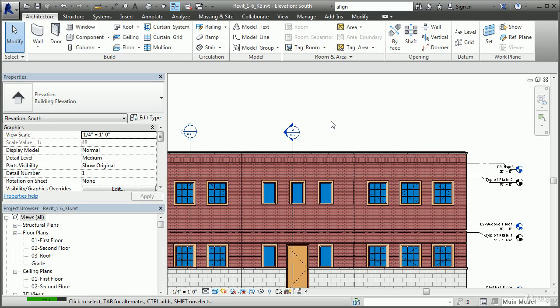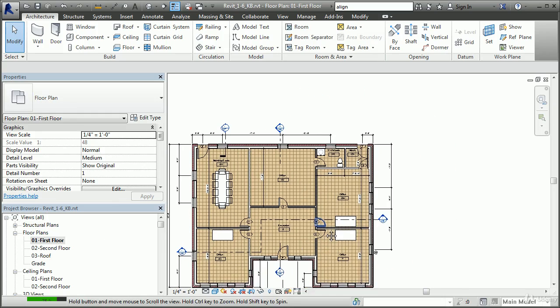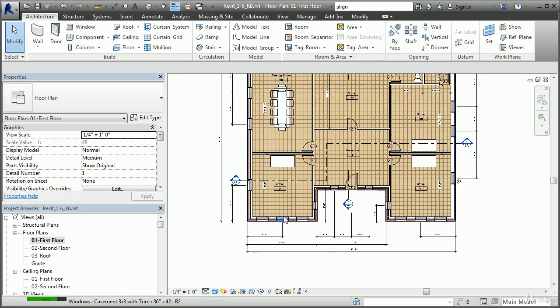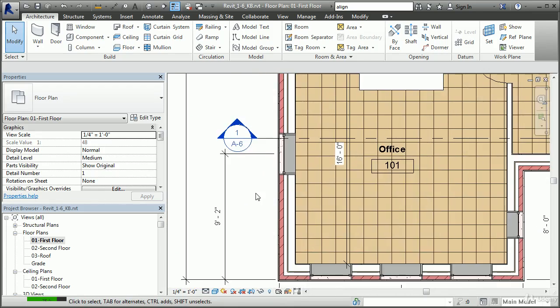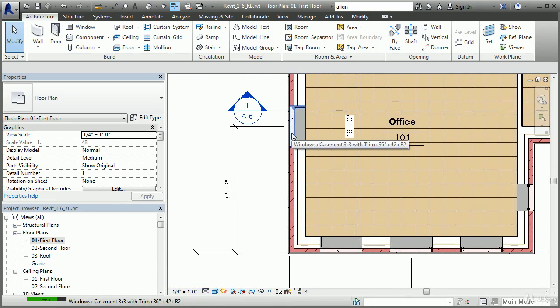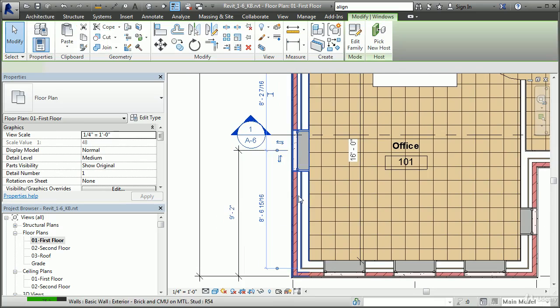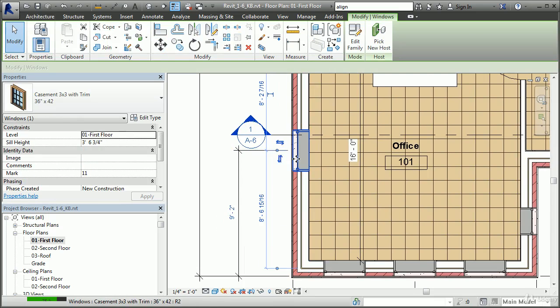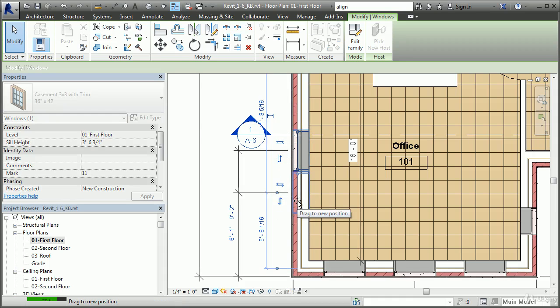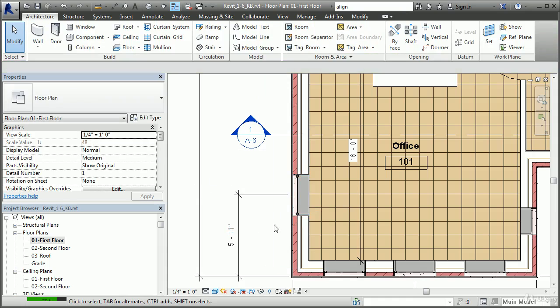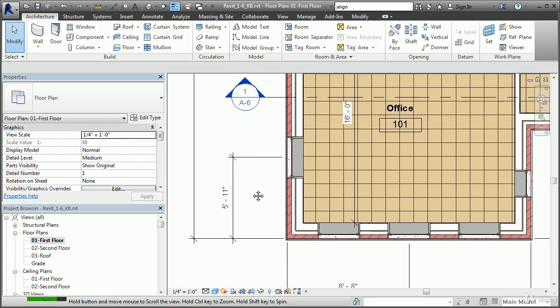Dimensions are not only associative, as in regular AutoCAD or another CAD program, but are truly parametric, being able to drive the design. Let's take a look in the first floor plan view here, and I can illustrate this by coming in and selecting a window. We'll just pull in here to this area. Now we see that the window on the side of this office is located 9 feet 2 inches from the front of the building. If I select that window and I move it down in this direction, the dimension is going to automatically update. So now it's set to 5 feet 11 inches,